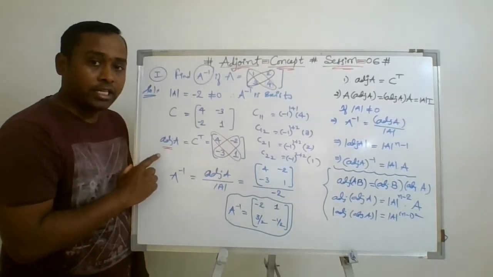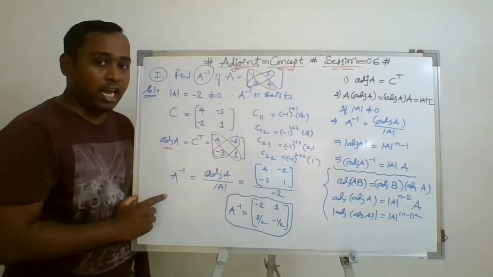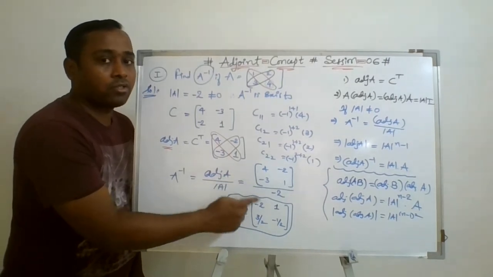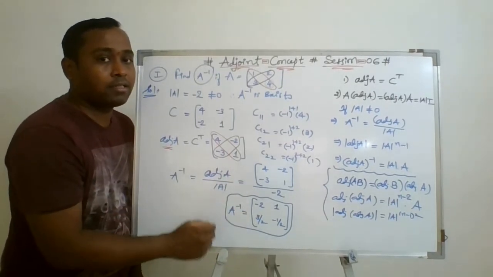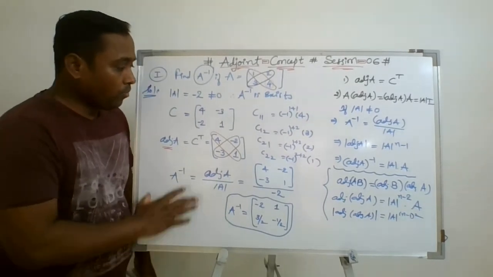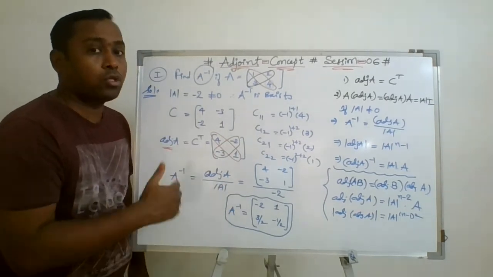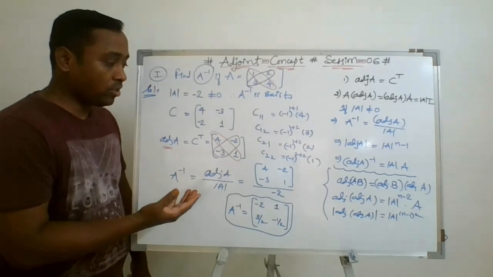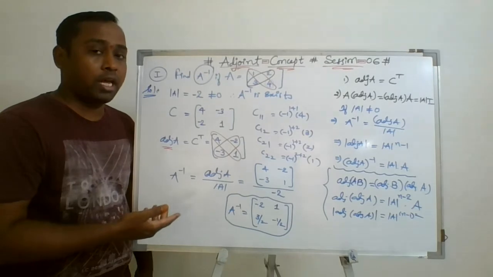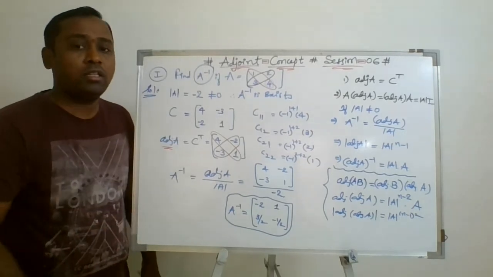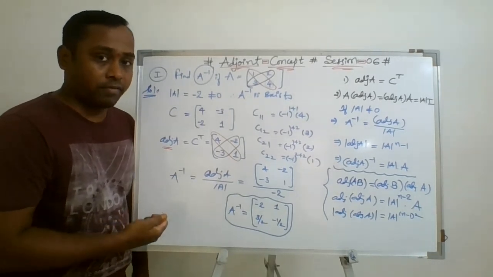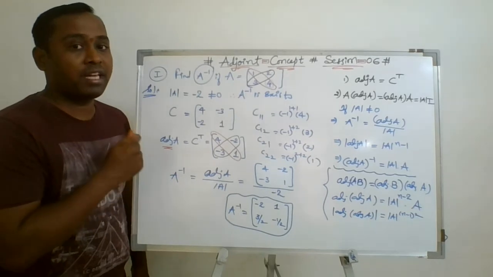Then after finding the adjoint of A, use this formula to find A inverse, that is adjoint A by det A. Simply, the adjoint matrix is divided by the det A value to give the exact A inverse of the given square matrix. The way we are following here is also applied for 3 by 3. So I am leaving that part to you as homework. You are mature enough to apply this technique for 3 by 3. Only the work increases when a 3 by 3 matrix is given, but the methodology remains the same.